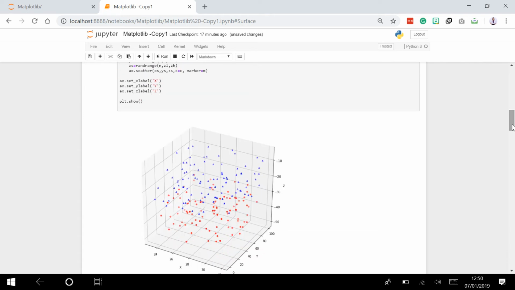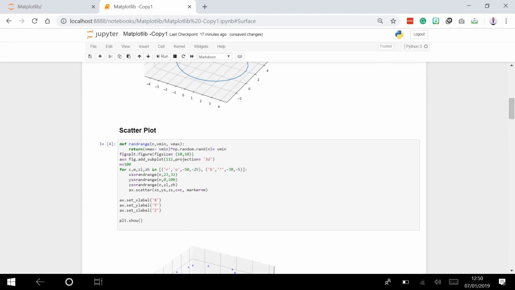So you can see when you look at it, it's like this for the red one and the blue one. And after that, I defined our xs, ys, and zs. Keep in mind that these numbers are random. I'm just using random for this